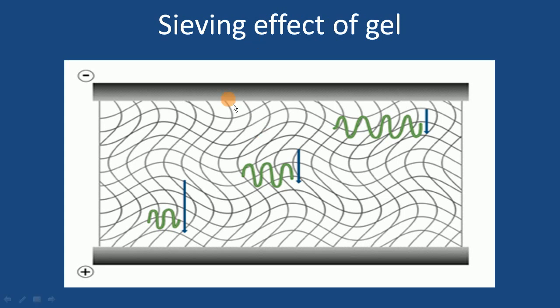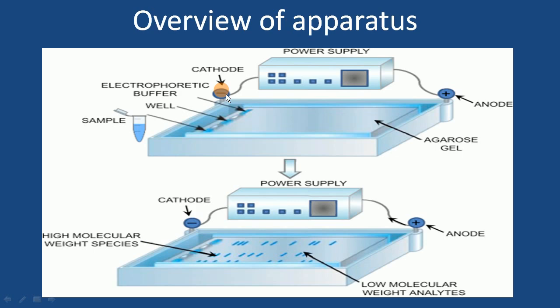See, this is the sieving effect of the gel. That agar gel which you have prepared, this is the positive end, this is the negative end. Towards the negative end you have poured your DNA sample. We had seen in the previous slide. See, this is your DNA you are pouring into the wells, which are towards the negative end. These are the wells, sockets. This small tube we call an Eppendorf, in which you have the DNA mixture.